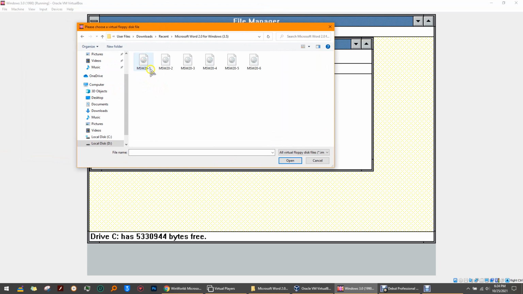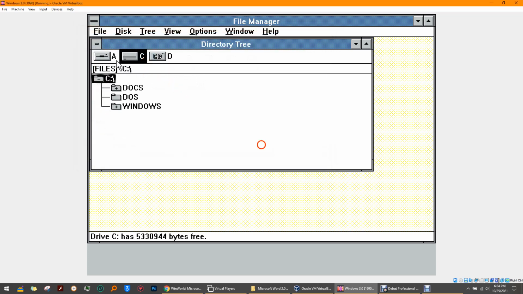You're going to want to click on the one that ends in suffix 1. Double-click on it to add it. And over here, this is your floppy drive. You're going to want to click on it,